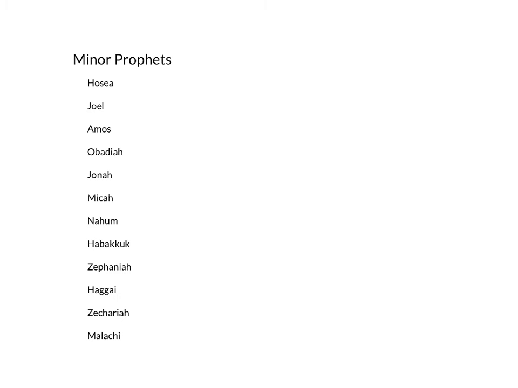Then comes the minor prophets, and again the minor prophets are not less important, it's just that their writings are a lot shorter. In some cases they're just a page or two in the Bible. And there's a bunch of these guys. You get a prize if you can name them all in order, but I don't get the prize because I can never remember them. But all of them tell experiences that they have had with God that are important for the people of Israel to learn lessons from.